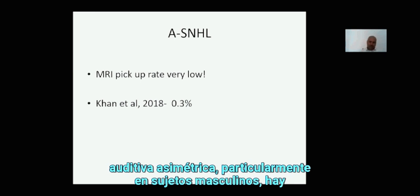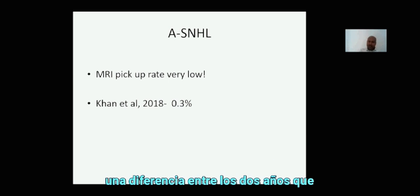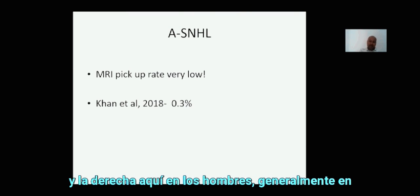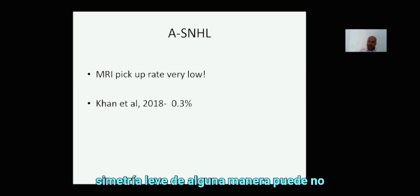Quickly touching on asymmetrical hearing loss. Particularly in male subjects, there is a difference between the two ears, even in normal hearing. I think there's about a 4% difference between the left ear and the right ear in men generally in a normal circumstance. And therefore, slight asymmetry in men may not necessarily be considered abnormal. However,